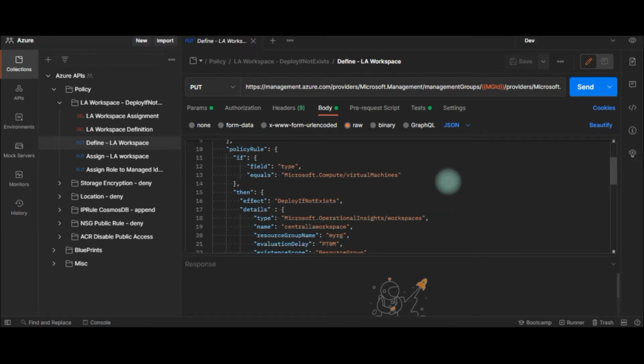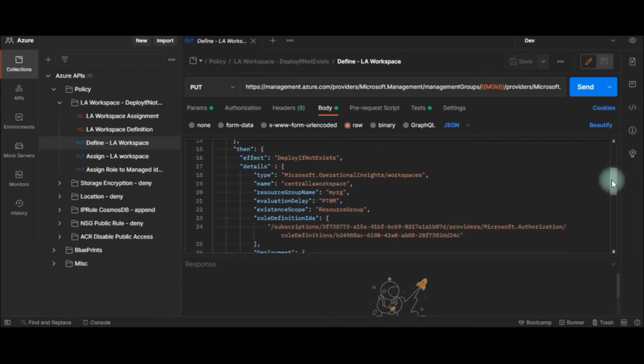So here we are looking at a policy which has an effect deploy if not exists. What this means is that if there is a resource which is being created, then go ahead and create a related resource as well for that resource. Okay, so now let's look at the various sections in this one. One of the important things is which resource you want to monitor, and that is defined in the if condition. Here we are saying if a virtual machine resource is being deployed, so we are saying the type is Microsoft Compute virtual machines. If that resource is being created or updated, then